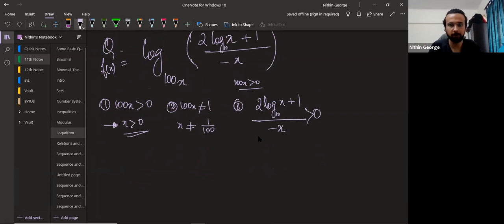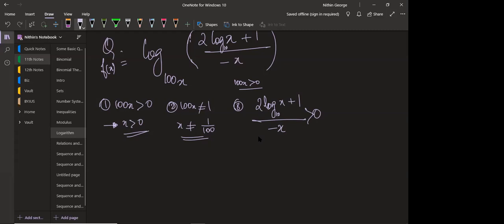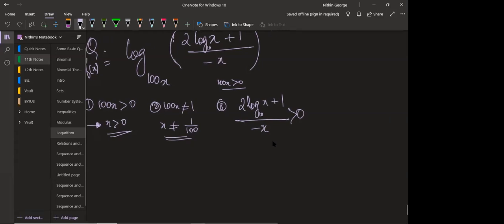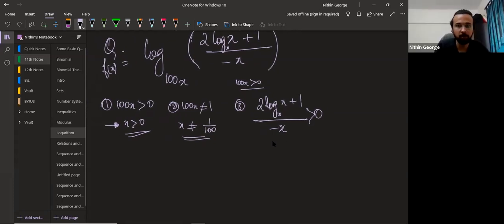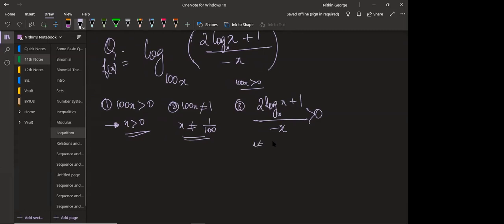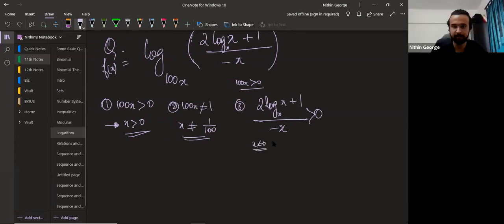Right. So the first one gives me this. The second one gives me this. The third one, let's play with it. What happens here? Come on, guys. First x not equal to 0. First x is not equal to 0. Okay. So x is not equal to 0 for the denominator. Yeah, I got that. X is not equal to 0.